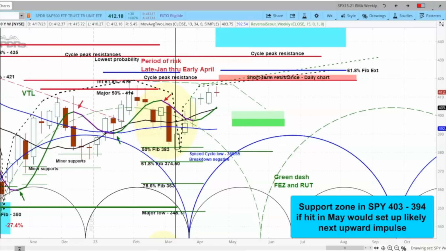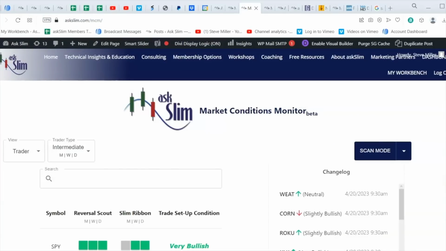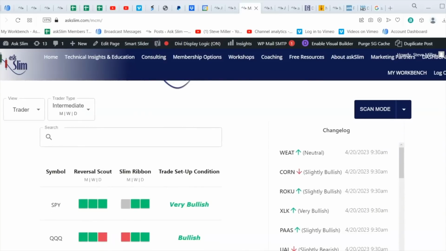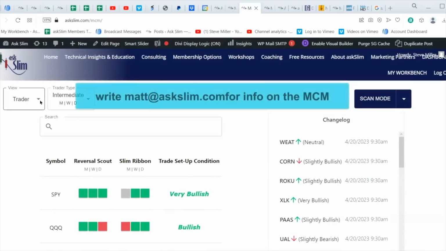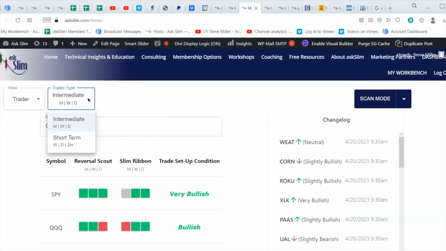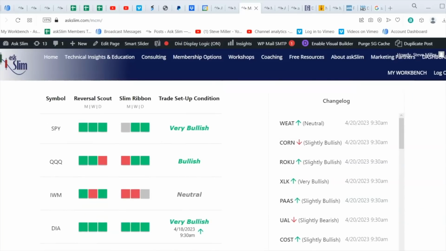I want to look at the conditions that we see here in the market condition monitor. This is our market condition monitor in here, and this is an app that you can subscribe to and get, and it's just fantastic. You'll be able to get everything you want to know about conditions. This is now set up on the trader mode. There's also a time frame mode. This is looking at the intermediate, and there's also short term, there's near term, and there is also really a mode for scalpers that you'll really like for intraday. So, but let's just scroll down in here and you can see these conditions that you see, and you get